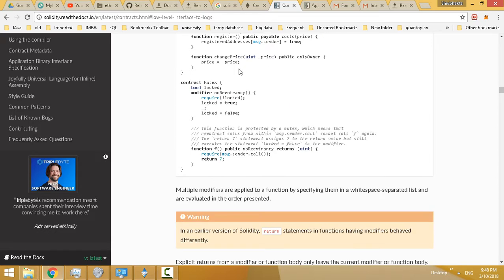Contract Mutex { bool locked; modifier noReentrancy() { require(!locked); locked = true; _; locked = false; } This function is protected by a mutex, which means that reentrant calls from within msg.sender.call cannot call f again. The return 7 statement assigns 7 to the return value, but still executes the statement locked = false in the modifier. function f() public noReentrancy returns (uint) { require(msg.sender.call()); return 7; }